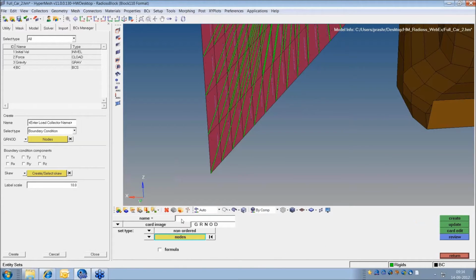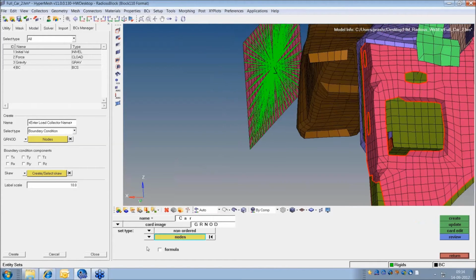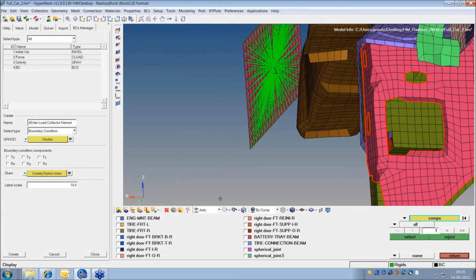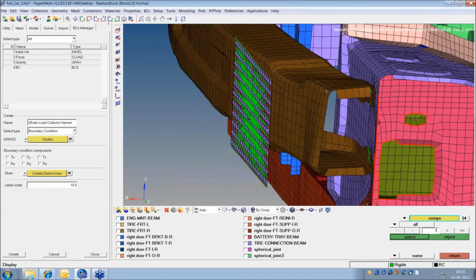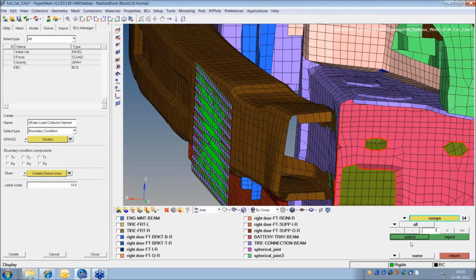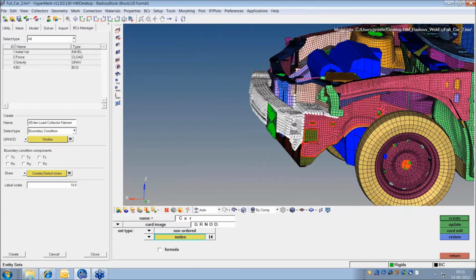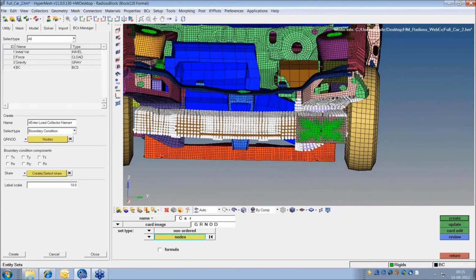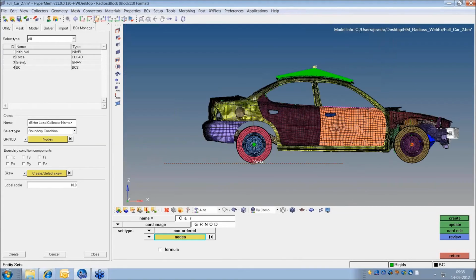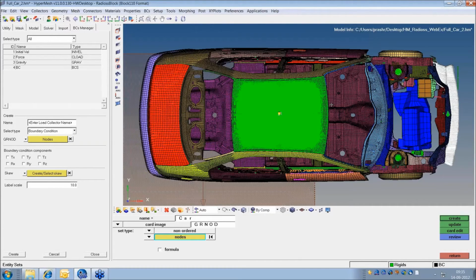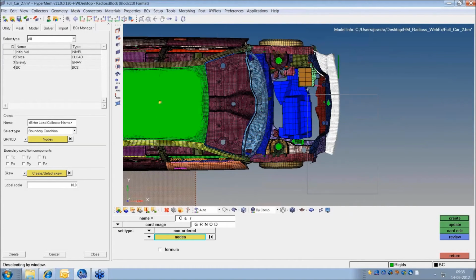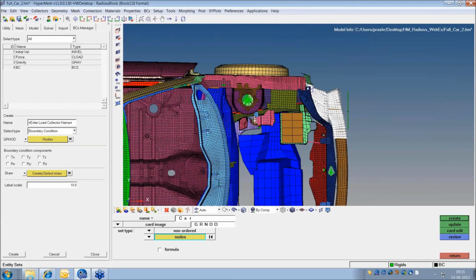edit, car, nodes by collector, this, and it may also come in contact with this, select, and I will clear some of the nodes so that the contact is clean.